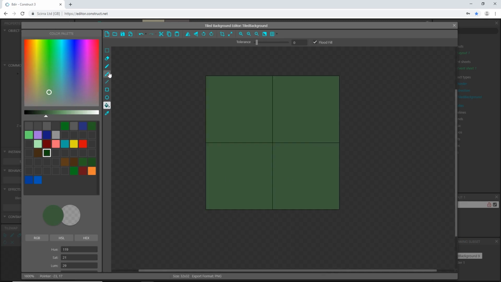I'll zoom in a little. I'm going to take the pencil tool. I'm going to pick a much brighter color. Say something like that. And I'm going to put our size up to 2 pixels. And I'm just going to make some random little pixels here. And then I'm going to pick a darker color. First I'm going to eyedrop this color to get it, and then move our luminance down to a little bit darker color. Pencil tool again, and then go in and do the same thing. Just kind of some random spots in there. Something like that. Okay, looks good to me.